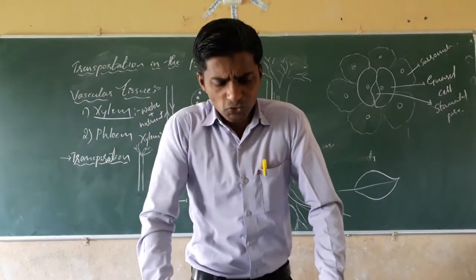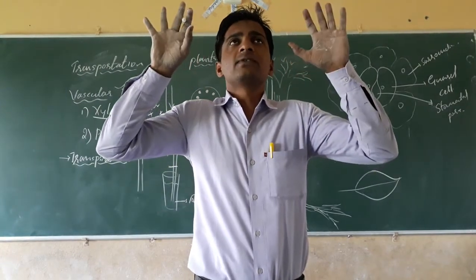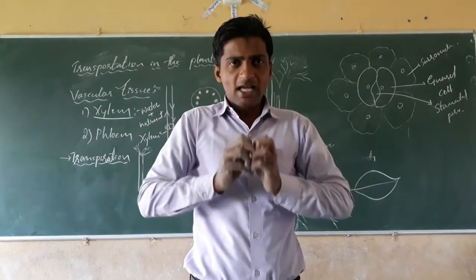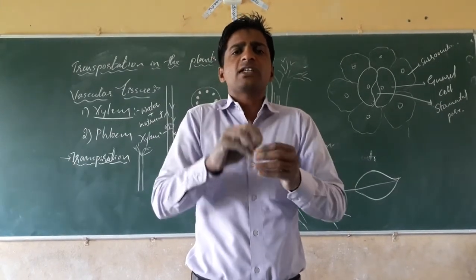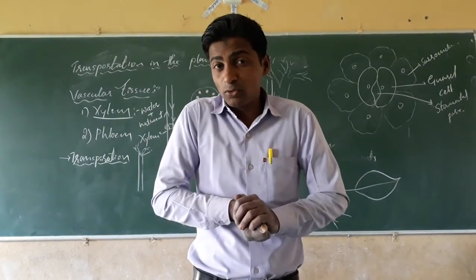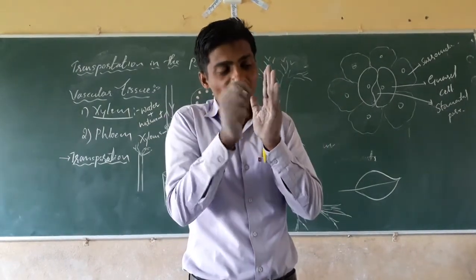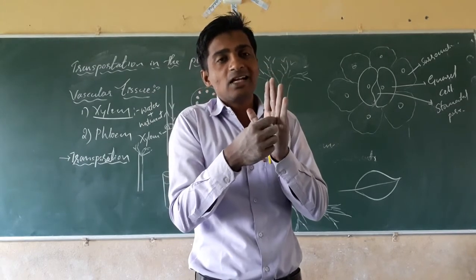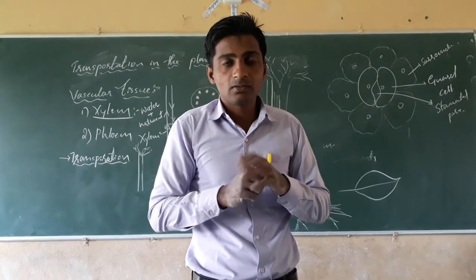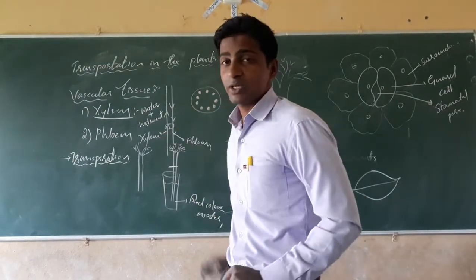See, the excessive water absorbed by the plants through the roots goes to the leaves, and how much the plant needs will be utilized for its metabolic activities and all. The rest of the water has to be removed. How will it be removed? Through the stomatal pore, the minute microscopic pores present on the dorsal side of the leaves. The water will be removed out through the stomata. That process is called transpiration.